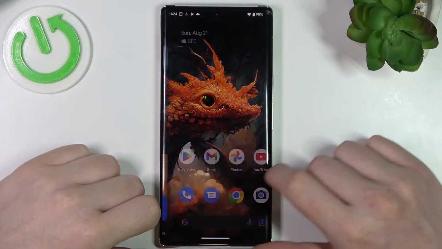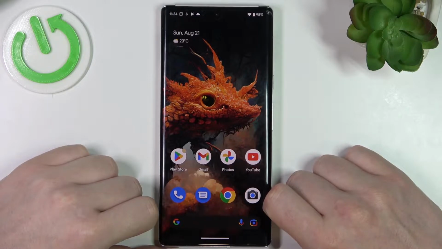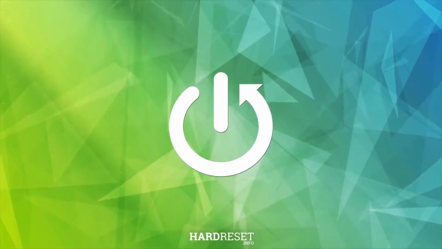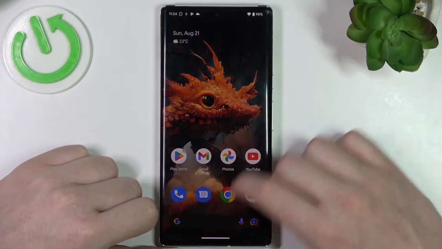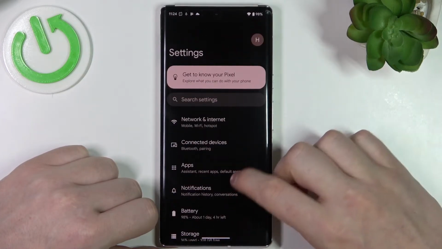Hello, in this video I want to show you how to change your lock screen wallpaper for Android 13. So in order to do this, let's click and open up our settings. Here find wallpaper and style,